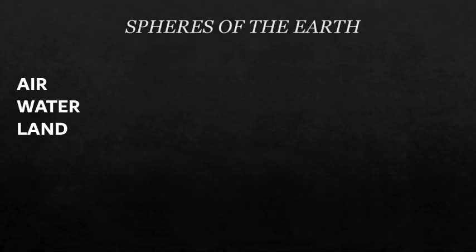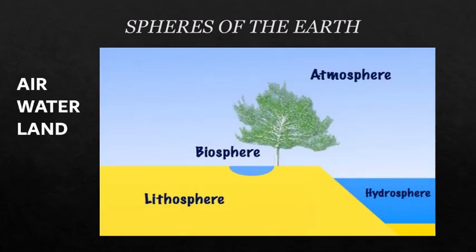Air, water, and land are the most important natural resources. All life on earth is dependent on air, water, and land. Air, water, and land are called the Earth's atmosphere, hydrosphere, and lithosphere. Atmosphere, hydrosphere, and lithosphere are the three spheres of the Earth,